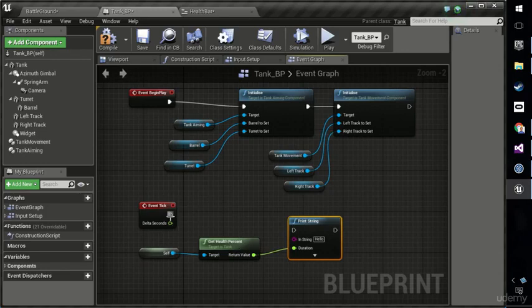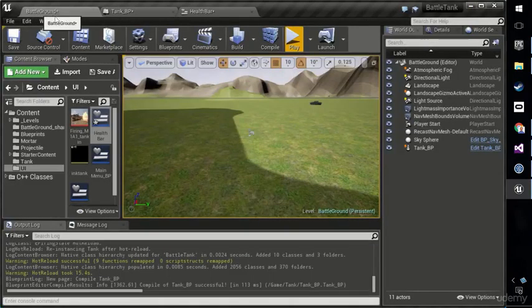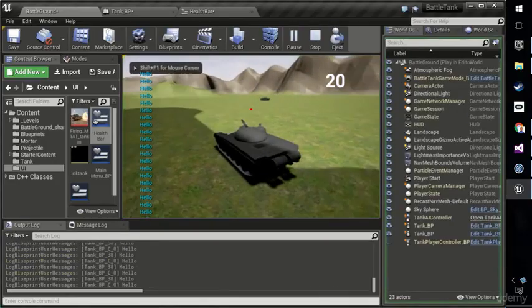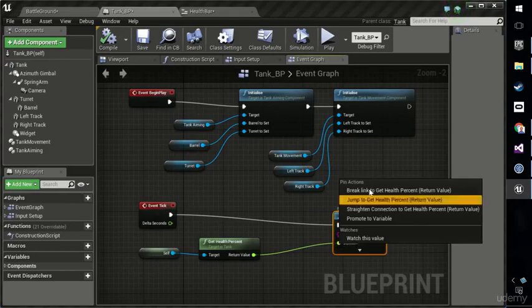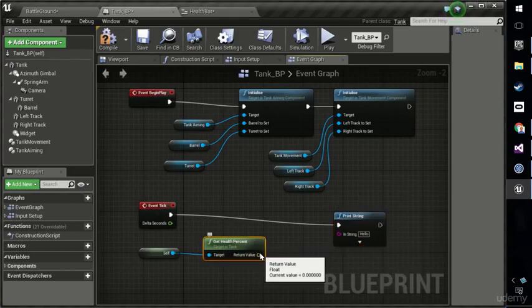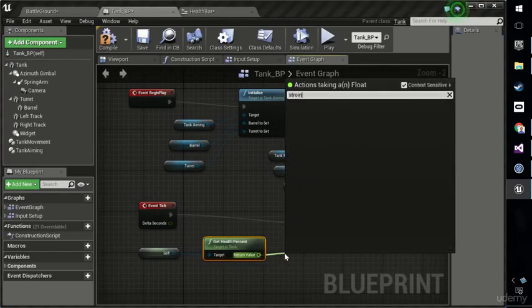And it seems to be doing that straight for us. So we wire up every tick. We're going to print the health percent of the tank. Let's just make sure that that works. So we're getting hello, hello, hello rather than a health percent, and that's because I've wired it to the duration and I never compiled. So let's just convert this float into a string